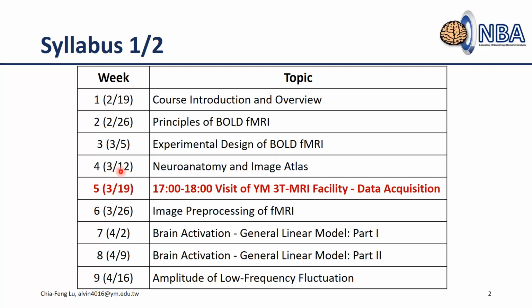So in this week, I will spend a little bit of time, maybe 1 hour, to give you a general idea about the neuroanatomy. And in the second hour, I will let you use your laptop to do some imaging atlas. It's a kind of processing that can automatically isolate or segment our brain into maybe 90 or 100 regions. Different regions may be involved in different functional tasks, for example, motor or something. So start from this week,